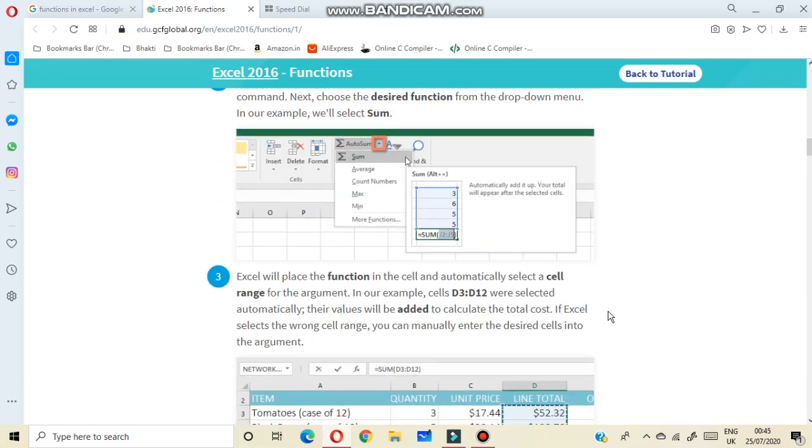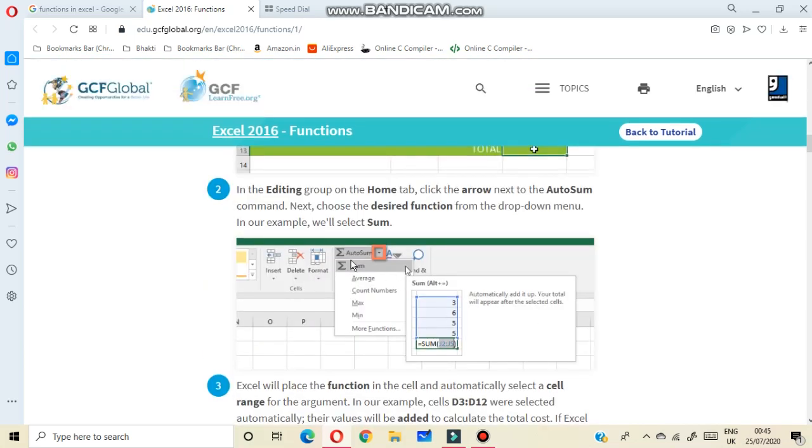This is your AutoSum function. In this part you can see different types of functions: sum, average, count numbers, maximum, minimum and many more functions.